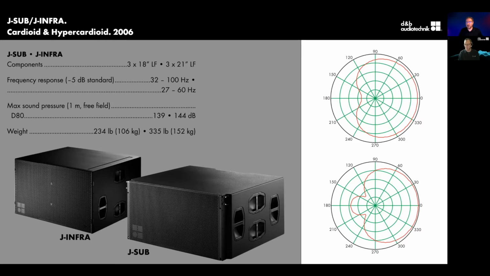And this was great. Everyone was thrilled by it. However, our engineers in Germany wanted a challenge. They wanted cardioid behavior, but they only wanted to use a single channel of amplification, which is, by all rights, difficult. The only way we've done it thus far is with two channels of amplification, either with a stack or with a J infra, J sub within a single cabinet.